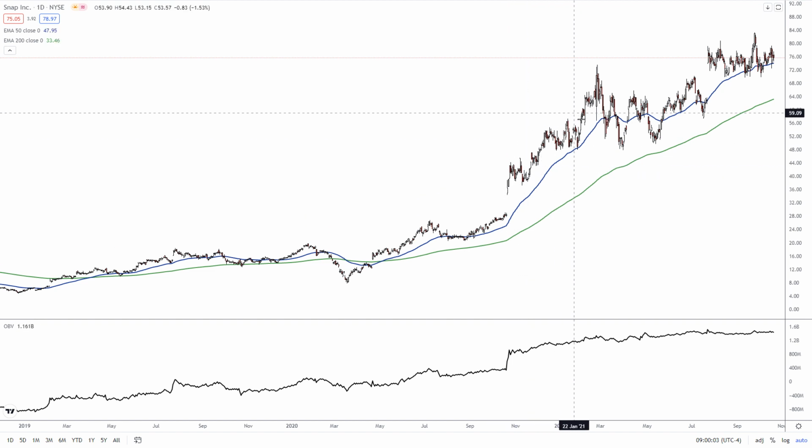Now that rally wave was very, very strong, getting up to the low to mid 70s in February 2021. Now it entered the first of two trading ranges so far this year. The first range extended all the way down to the 50s and lasted until the second quarter earnings report in July. The stock gapped up once again, just like it did in September, but that was really it for the entire quarter. It got right up to the mid 70s and then entered this sort of sloppy looking trading range,